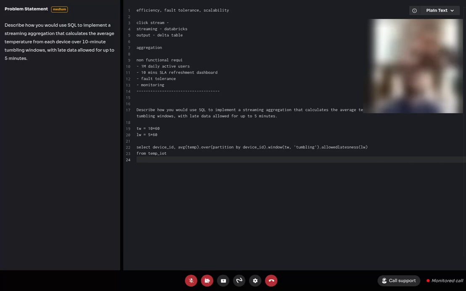For example, let's say a time span of 10 to 11, right now it's 10:30. What it will do is create that watermark, wait for whatever data has been consumed, wait for 5 minutes, and then compute, produce, and store it in the final table.